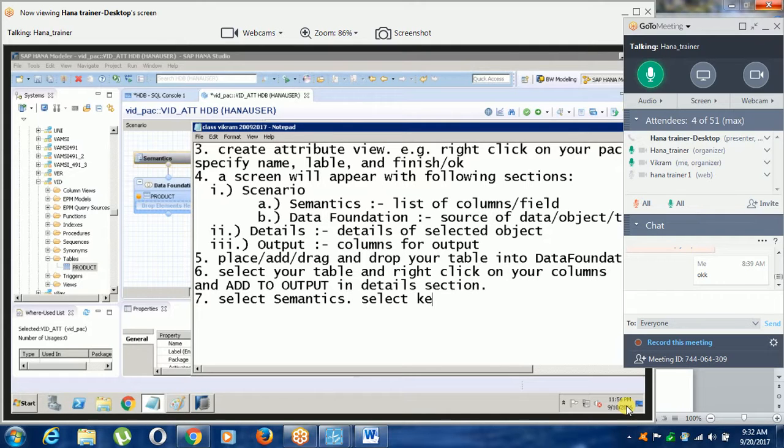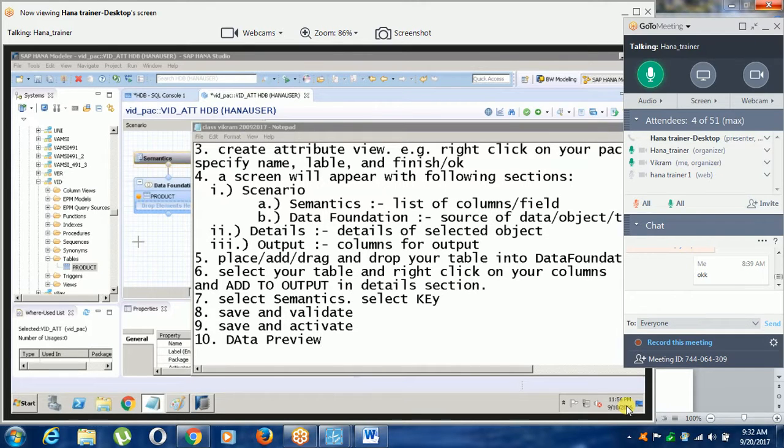Select key. That's it. After that, save and validate. After that, save and activate. After that, data preview.